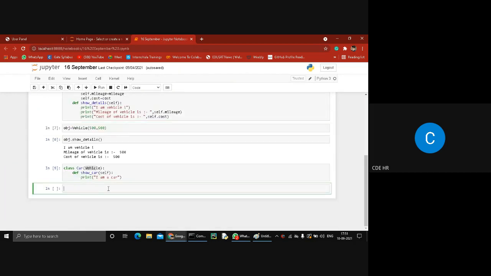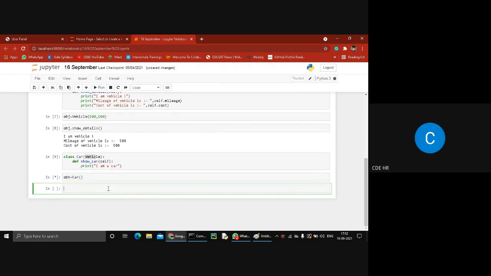Okay, so now I'm creating an object of this class. So again, obj equal to Car. Now is it mandatory to pass any argument to this class or not? Otherwise, we write like this. Is any argument required? No, sir.